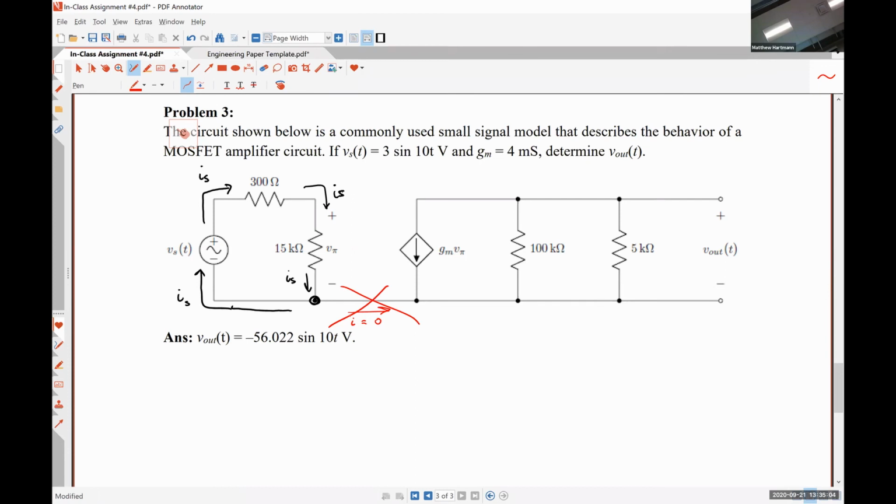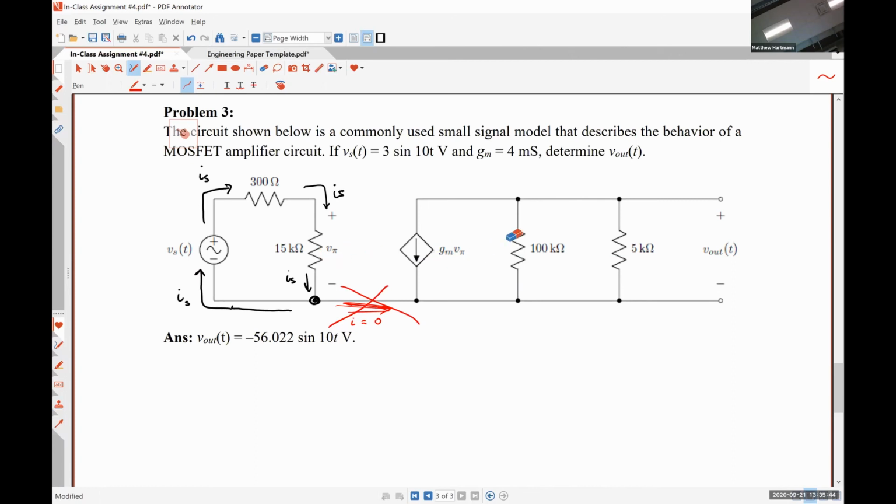And what I mean by that is that this voltage V pi on the left-hand portion of the circuit is the controlling voltage for this dependent source on the right-hand side. So we can treat it as if it were two completely separate circuits, except that this voltage makes this current source work, okay? So there's no current flowing through there that we need to account for. I'm just trying to show you that the stuff on the left-hand side influences the right-hand side, even if there's no current transfer across that short circuit. Alrighty, so